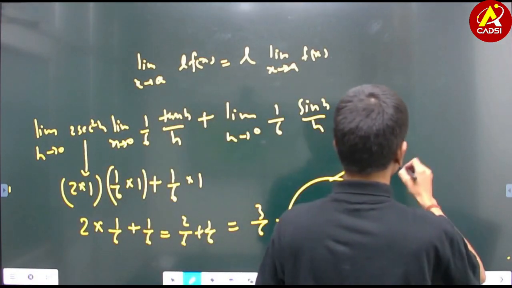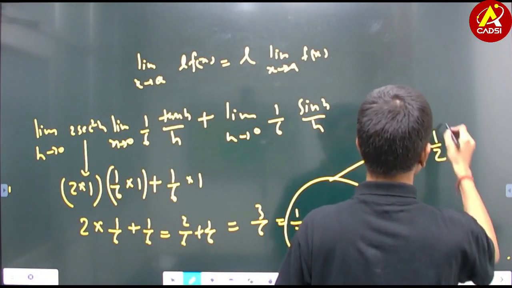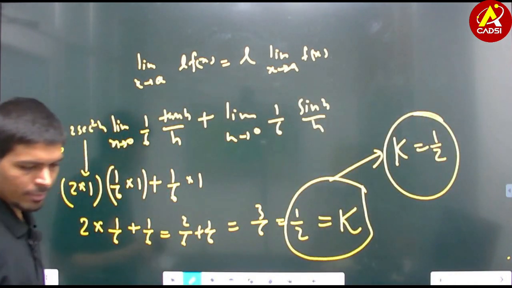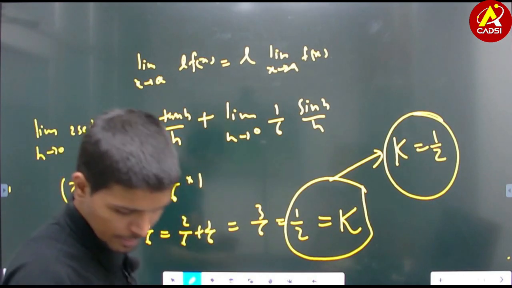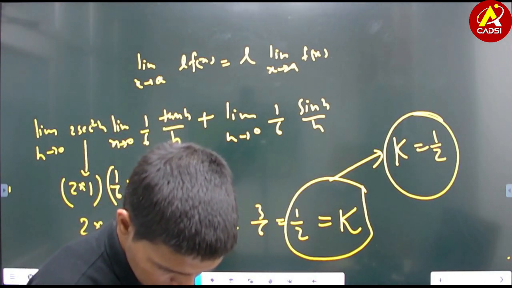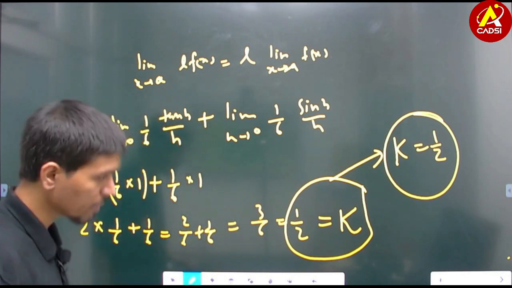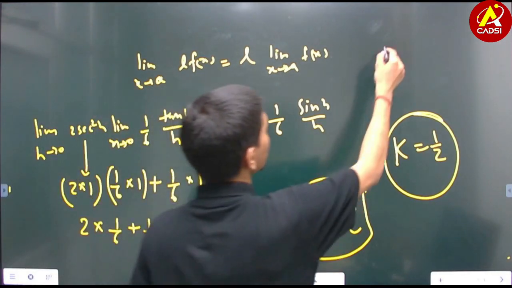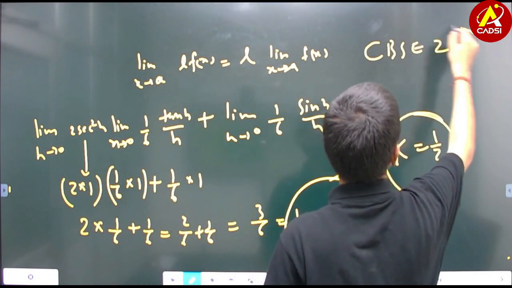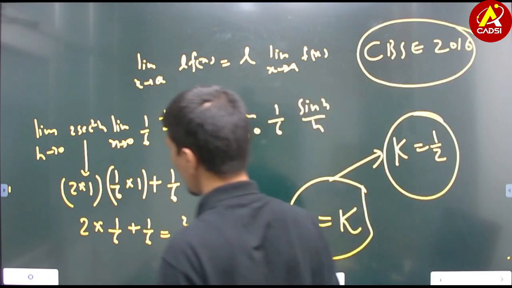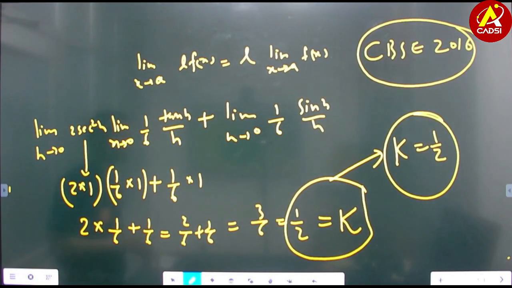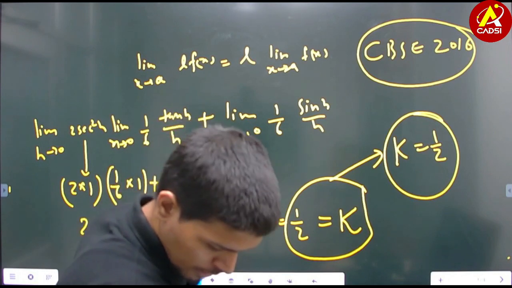So our answer is 1 upon 2 according to the question, because this question has come in a previous year, CBSE 2016. Okay, so now